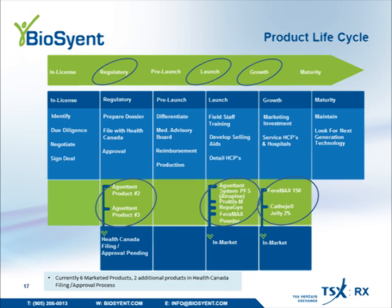And we would classify Ferromax 150 as a growth product, as would we classify Cathogel Jelly 2%. So those are 2 growth products. We have 4 launch products, those being Aguettant System Prefilled Syringe, the Proctis M, Repagyne, and Ferromax Powder. That would be products that are in the first 8 quarters of launch. You'll recall my reference earlier on Ferromax Powder coming to profitability. That also means